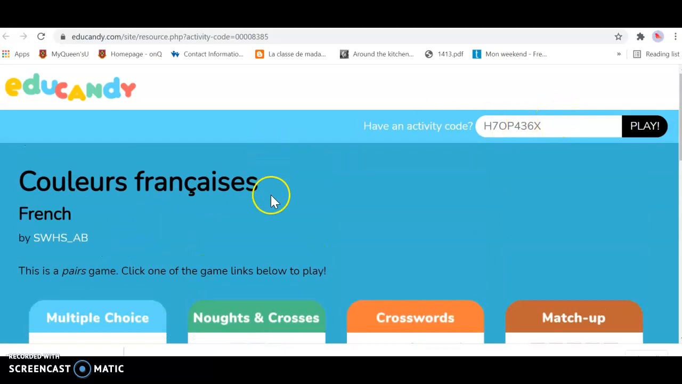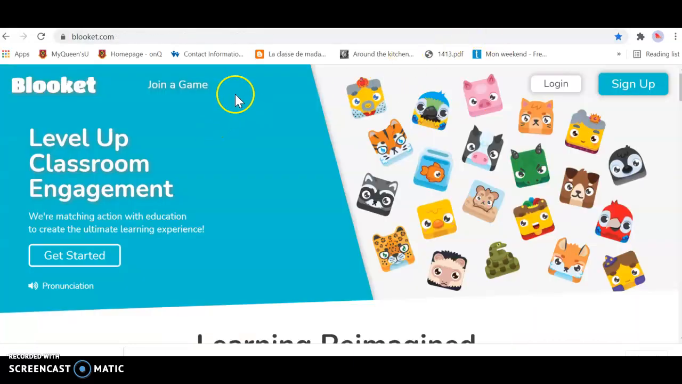But it just goes to show you that you either hit in and type in an activity code, or you search for a game, or you create your own. Another one, which is similar to Educandy, is Blue Kit. Blue Kit is also a game that you can join or create. Usually your teacher will create a game for you or an activity that you can do online against the computer, or you can do it against another student in your class, which is something we will be using in the